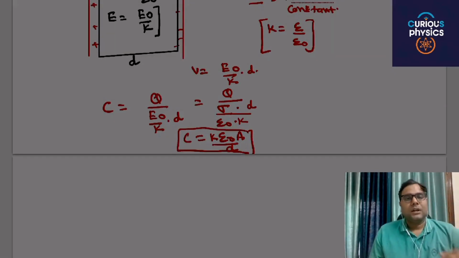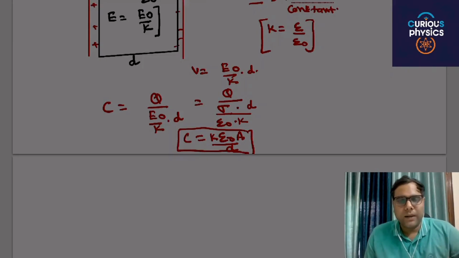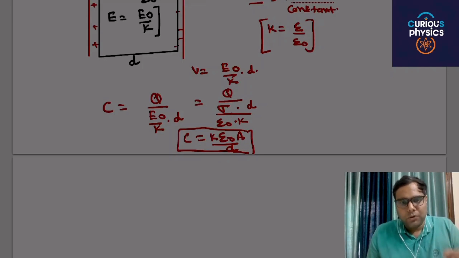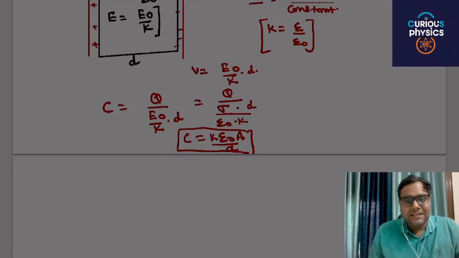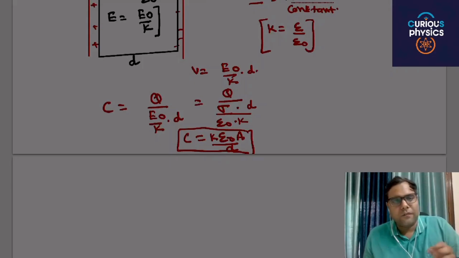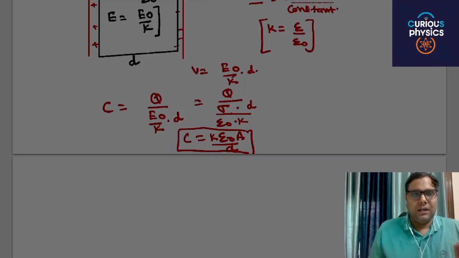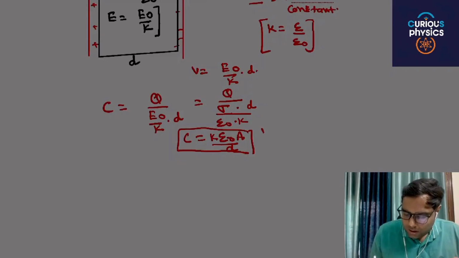In simple words, we have derived this formula with the help of many assumptions, but for your basic understanding, if we introduce a dielectric between the plates of a parallel plate capacitor, then its capacitance will be increased by a factor K. Capacitance will be increased by a factor K, and that factor is the dielectric constant. I think this derivation is not in your syllabus, but for basic understanding, you should know this thing.